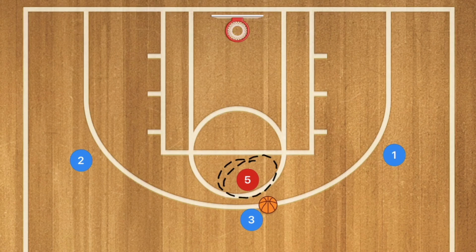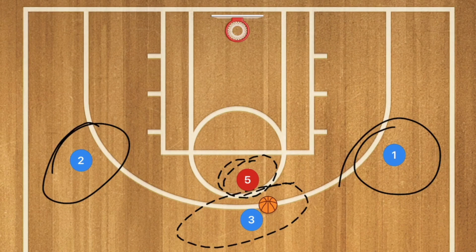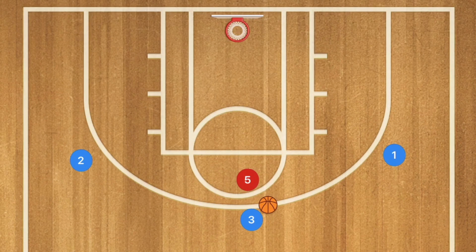Okay, so I have here the defense as well as the off-ball players and my point guard, or at least the player with the ball. Now, let's say for the sake of argument, player 5 here is defending player 3. This is his man either in zone, matchup zone, or in man-to-man defense. These 3 players on the outside are going to be passing the ball back and forth with each other, while player number 5 is going to be reacting to that. So we're going to start with player 3 passing to player 1,